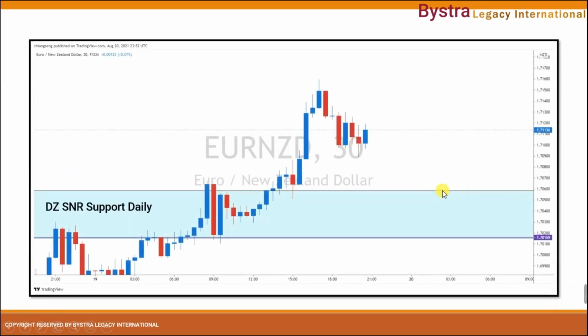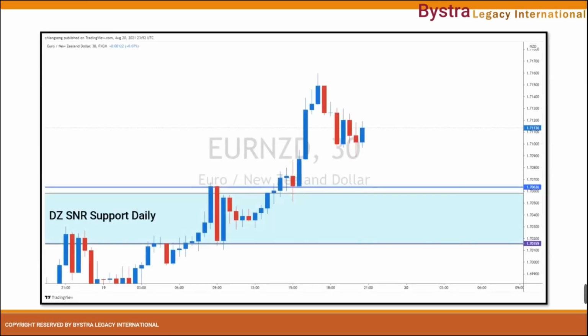So we go to the M30 time frame, after there is a confirmation of rejection from the zone, especially with the bullish engulfing that clearly breaks the danger zone SNR on the daily time frame. Therefore, we need to look for a setup. In the M30 time frame, you can see there's a setup. Can you guys spot the setup? Have you got it? Yes, it will be the